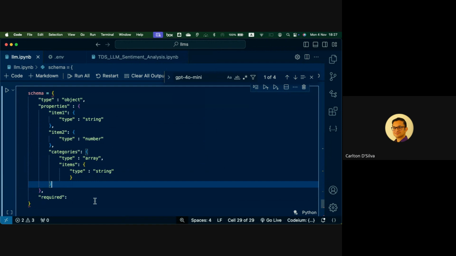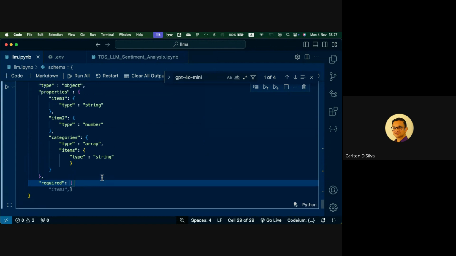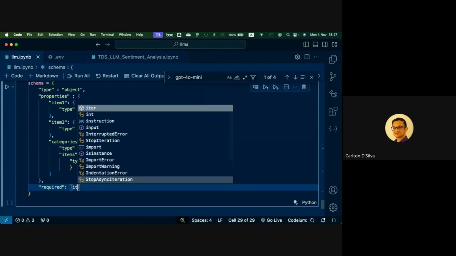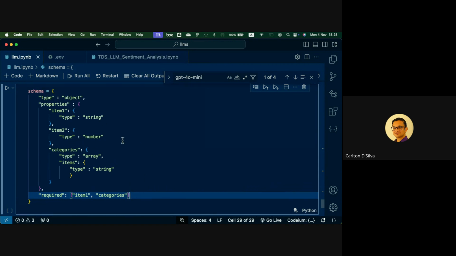So this is the idea behind it, right? And now we will put the required fields. We'll say, okay, I only want, say, item 1 should be there. Item 2 can be optional. But it must have a category. So these are the only 2 required parts of your JSON, I could say. So this is typically how you construct it. So I hope you can see how it has formed, right?